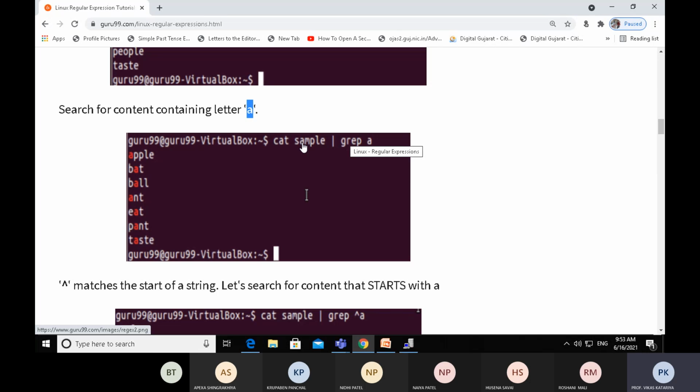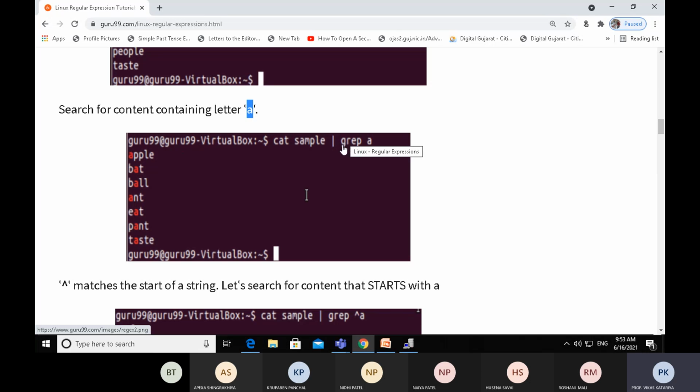In this buffer, the output of the cat command, that is apple, bat, ball, and whatever we write in the sample, will be redirected to the pipe buffer. The content will be stored in the buffer and grep will accept input from this buffer.